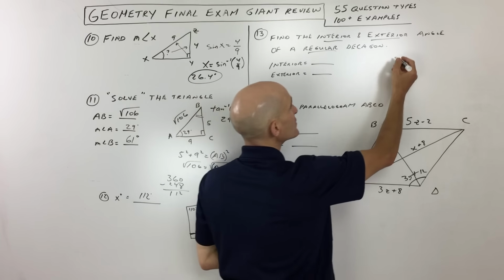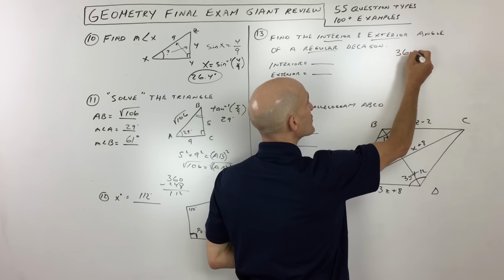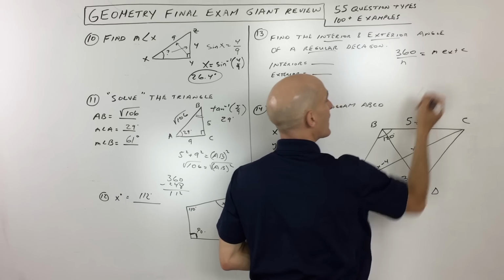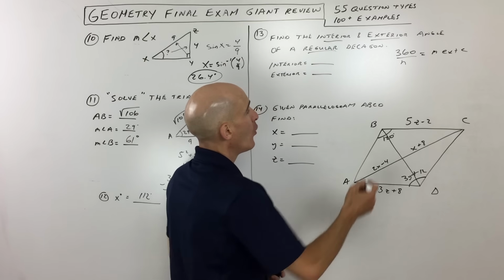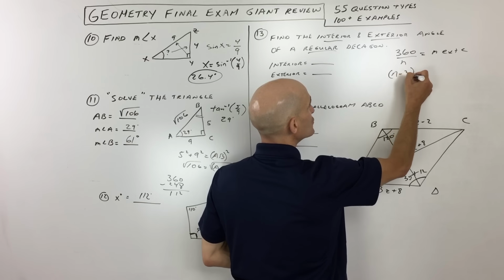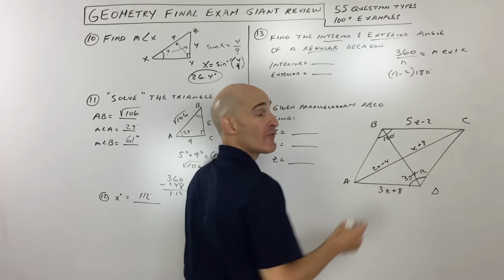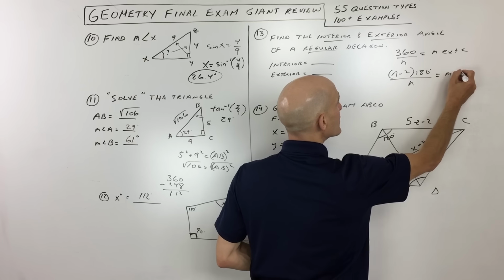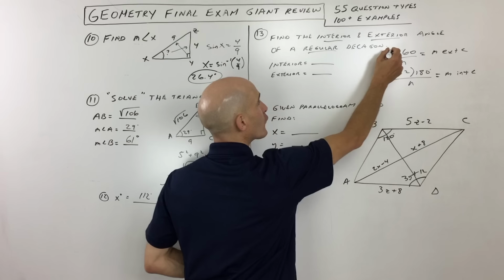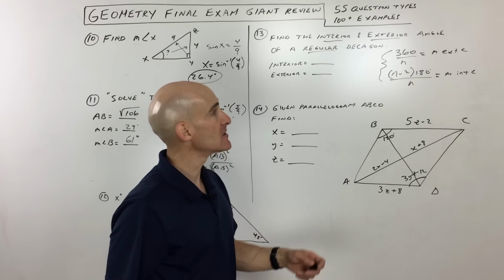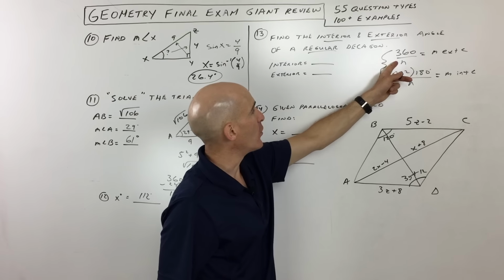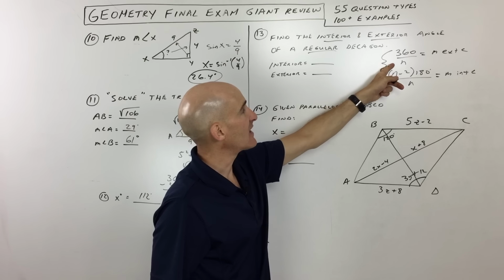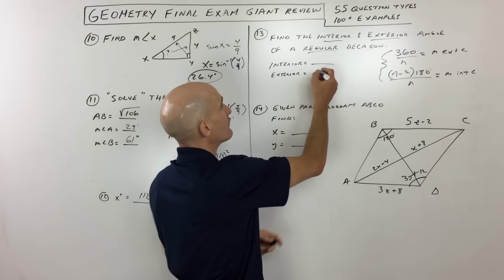So there's a couple different formulas we can use here. One formula is we can use 360 divided by n. That's the measure of the exterior angle in a regular polygon. Or we could use this formula, n minus 2 times 180, which gives you the sum of all the interior angles. But if you divide it by how many you have, that'll give you the measure of the interior angle. So two formulas you might want to write down and memorize. But let's use this one here first. So basically 360 divided by 10, since it's a decagon, would give you an exterior angle of